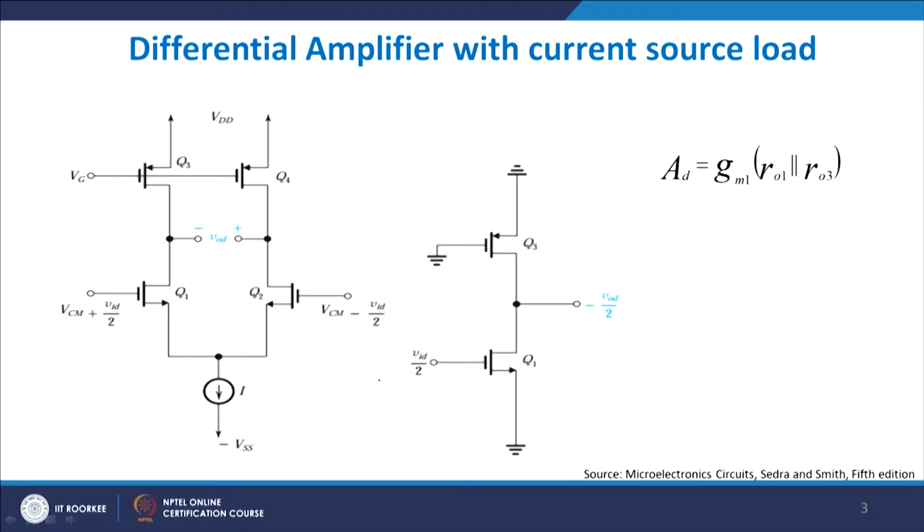With this knowledge, let me explain to you the various other factors when you use a differential amplifier with the current source load. So, what happened was that with this large gain, you have a large gain available with you. The differential amplifier also rejects noise, as we discussed, common mode signals, but